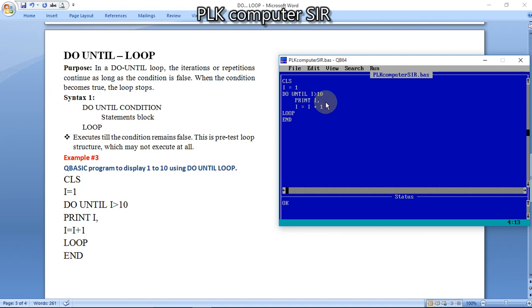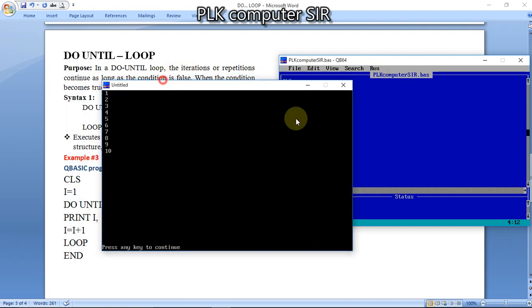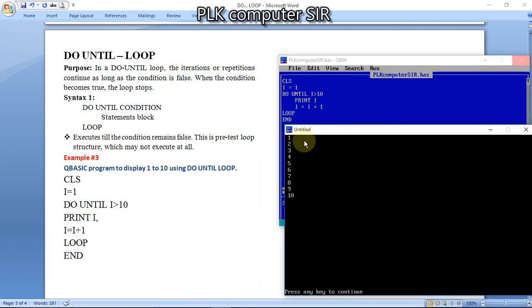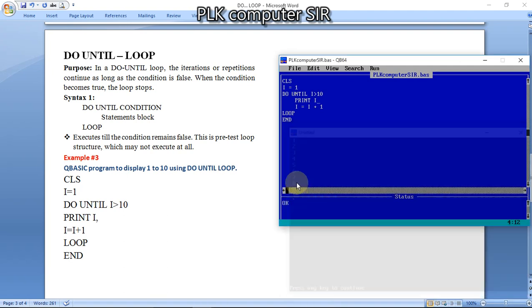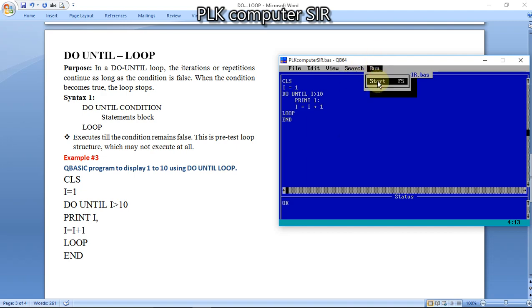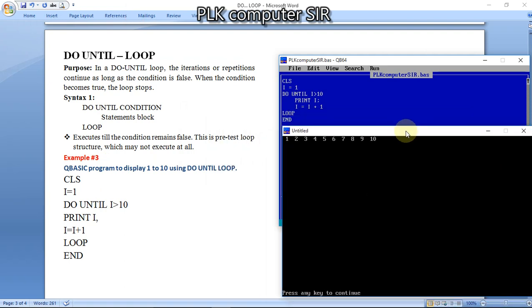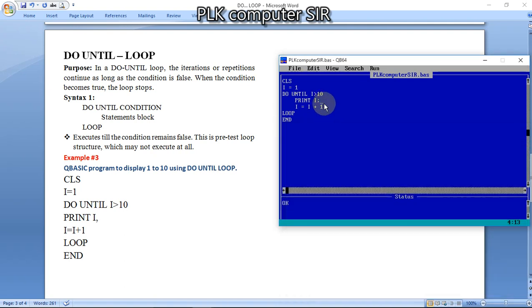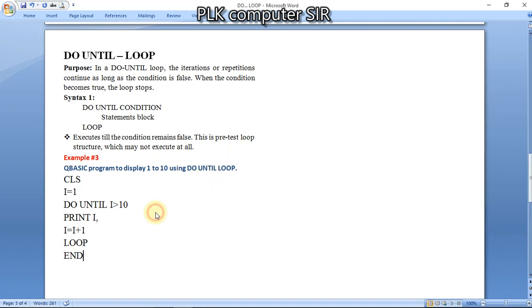In our previous video I also talked about this: if you write nothing, only print I, it will print on the next line. So it is coming like this, 1 2 3 up to 10. If you write a semicolon here, then without a space, one after another it will come. So we can check here 1 2 3 4 5 6 7 8 9 10, one after another. If you put a comma here, so there are 3 styles. In all the looping videos I have discussed this point.